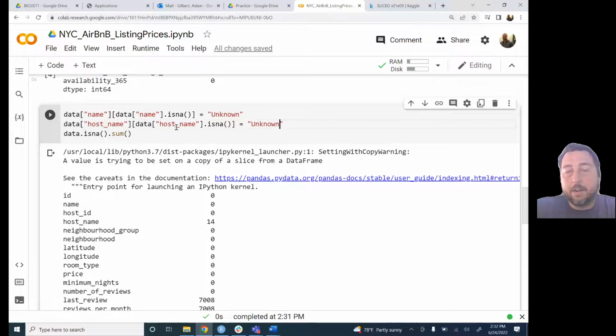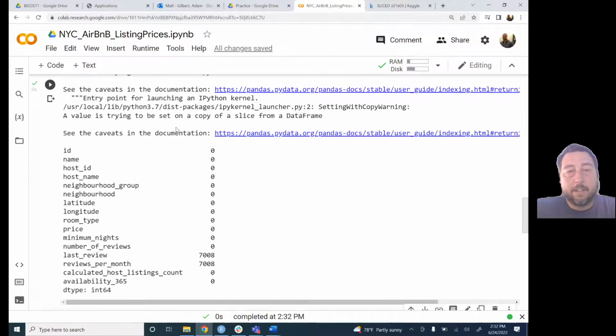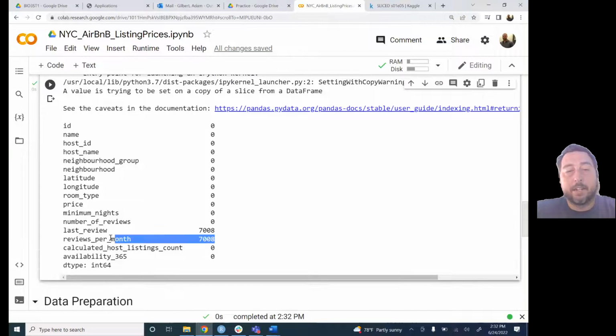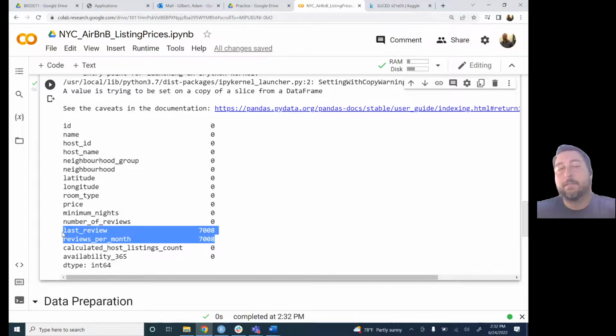We're going to fill that in with unknown as well. Now, if we run this again, no more missing data in the name or host name columns. The only thing we have left now to worry about is where last review and number of reviews per month appear. I'm going to make the assumption right now that these are properties that have never been reviewed, and that since they've never been reviewed, their number of reviews per month, maybe we can say is 0. And their last review, we'll look at what the column contains and then make a